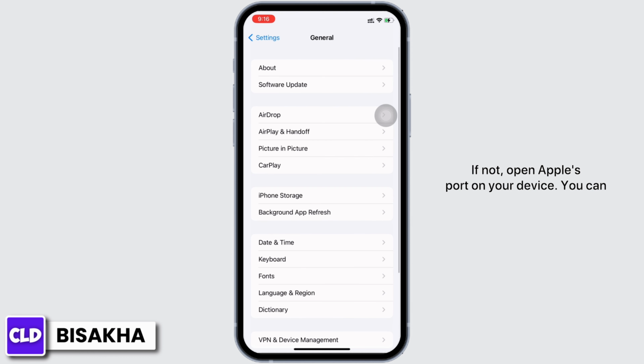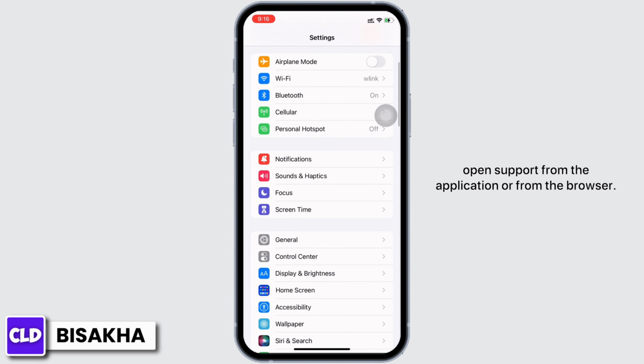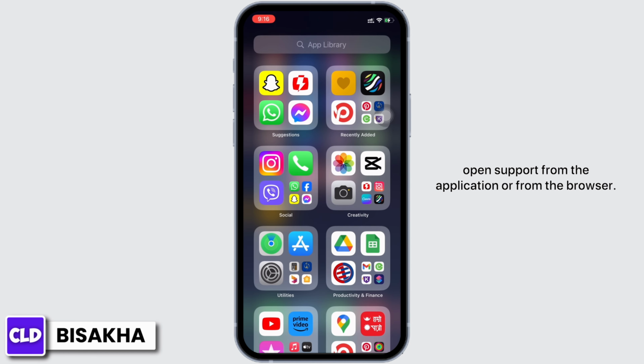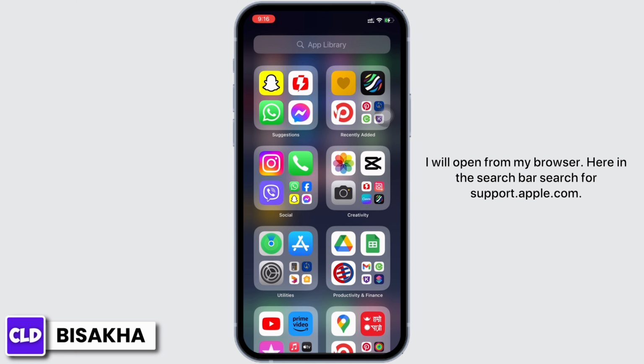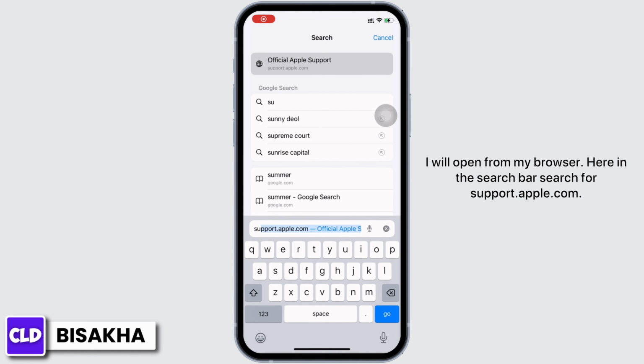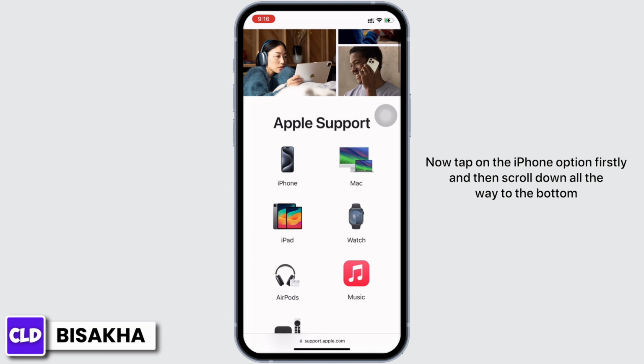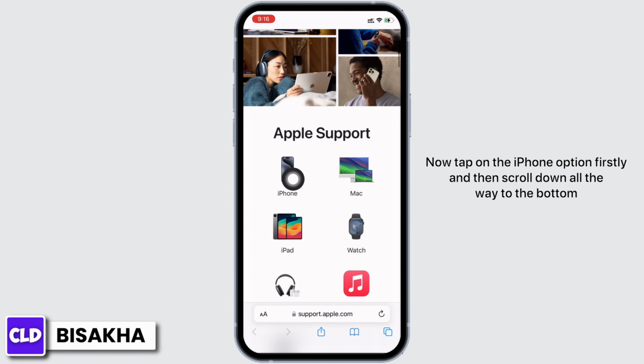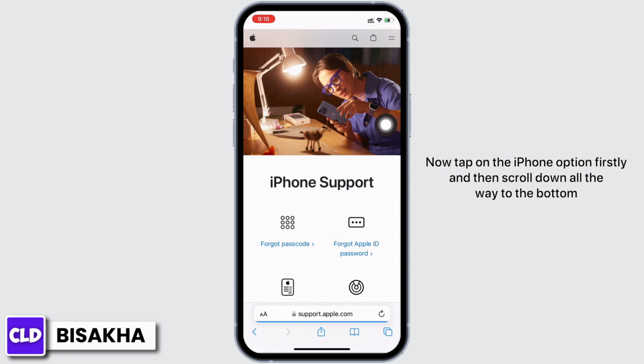If not, open Apple Support on your device. You can open support from the application or from the browser. I will open from my browser. Here in the search bar, search for support.apple.com. Now tap on the iPhone option firstly and then scroll down all the way to the bottom until you